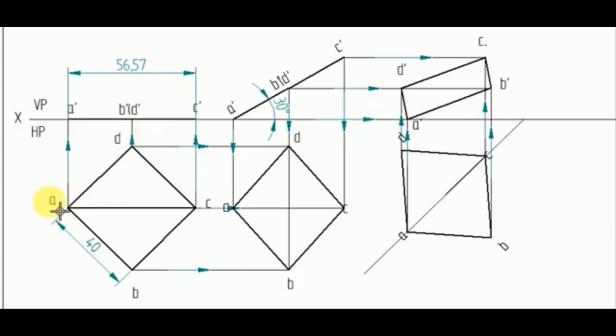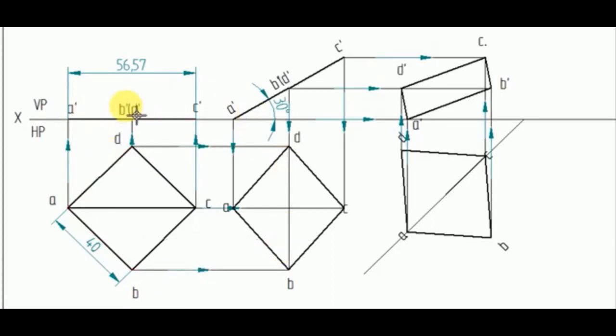Next, in counterclockwise direction, give naming ABCD. Then draw these projectors with thin lines, but the square should be in dark of 0.5. But in your grid book, you should make it a little bit darker than these projectors. Draw all the projectors, join A to C. Give namings. Because when you are viewing from this side, B is visible, D is not visible, so D should be inside the bracket, B should be outside the bracket.